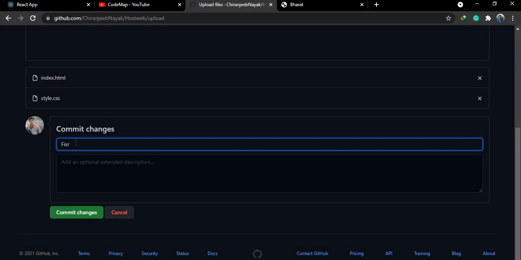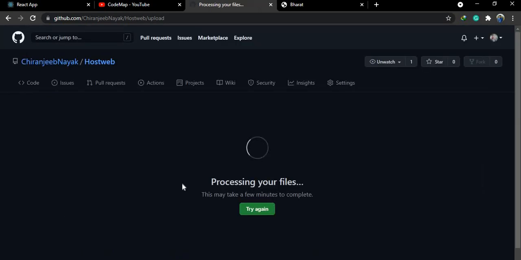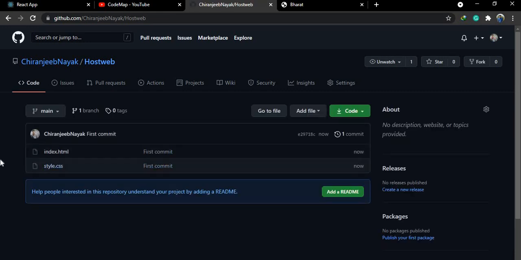Let's say this is my first commit. So, commit changes. Now you can see that I have uploaded the files, or you can say I have pushed the files to the repository whose name is hostweb.